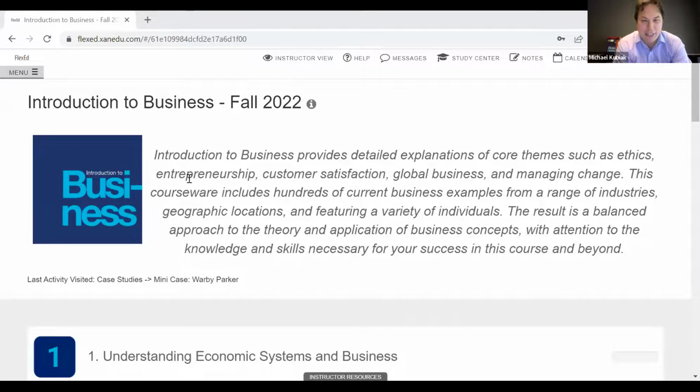FlexEd integrates with all of the leading LMS platforms, including Canvas, Blackboard, Moodle, D2L, and others. If you were to link from your LMS course, you would come right into this homepage. This is the instructor view, but the student view looks quite similar as well.